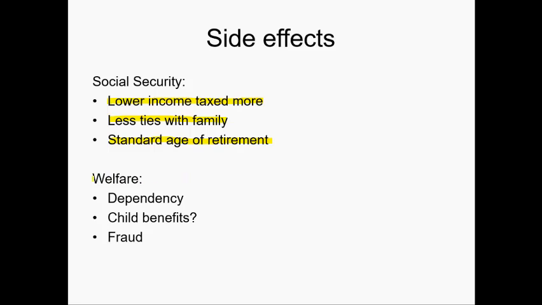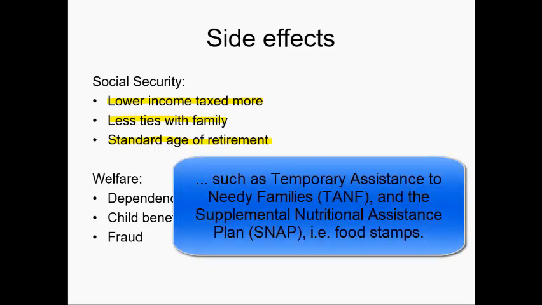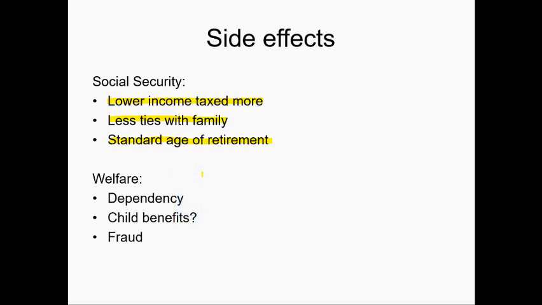As far as the welfare system, which does seem to get a lot of criticism, there are several welfare programs to assist people that are out of work or victims of a recession or an economic downturn. That helps keep people afloat until they can get a job, or if they're on disability, things like that. We do see that there's a potential for people to be dependent on these welfare payments, and therefore may be less incentivized to look for work when they can get this money without working. So we have some dependency issues.